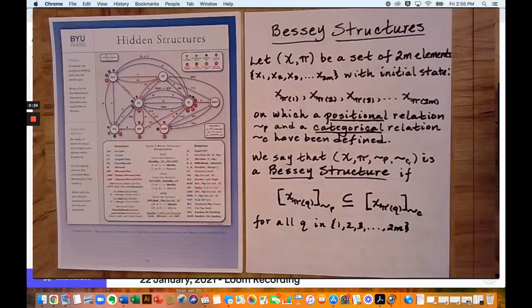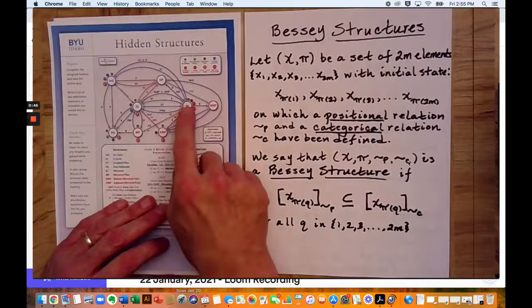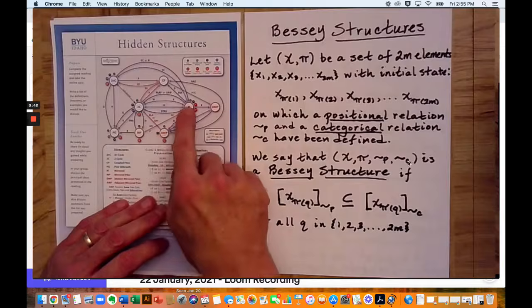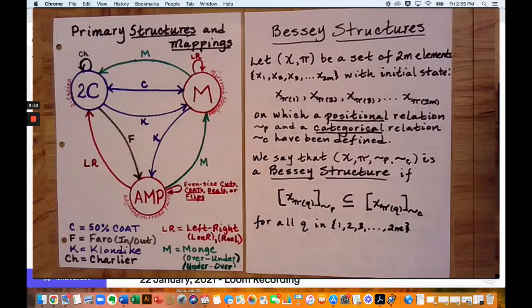What I thought we would do, however, is simplify this diagram for now, just to get us into the mode of understanding what it is we're doing. And so that's what I've done here. I've simplified. I'm going to focus on just those three structures for now. Okay, and I hand drew it, so it's not as pretty as a computer rendered diagram, but hopefully it's